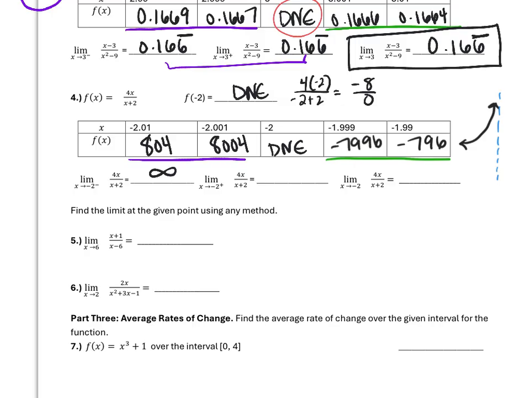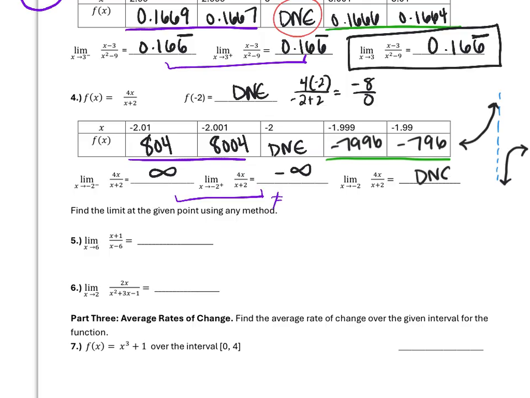-7996. This is the same thing. This number is getting exponentially smaller. So this side of our function is headed to negative infinity, because these are not the same, right? Those are not the same. They do not equal one another. Our limit